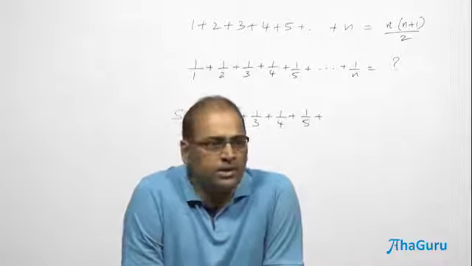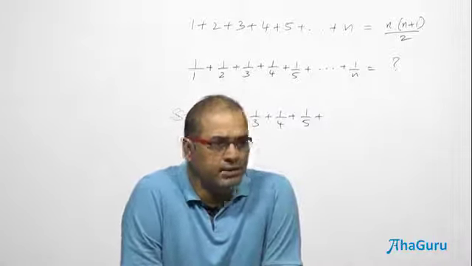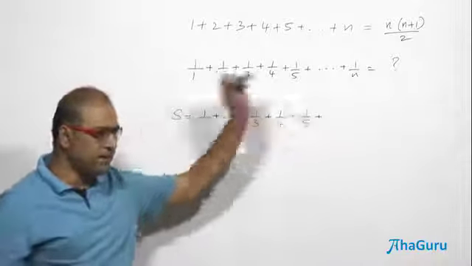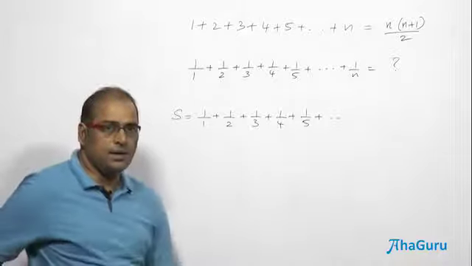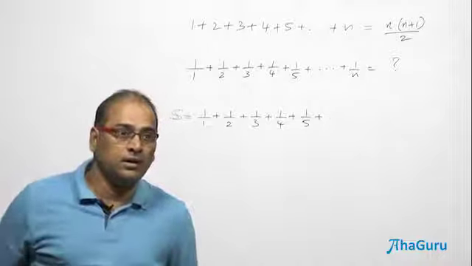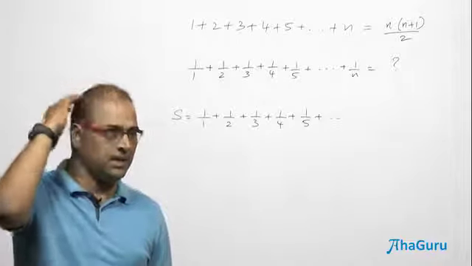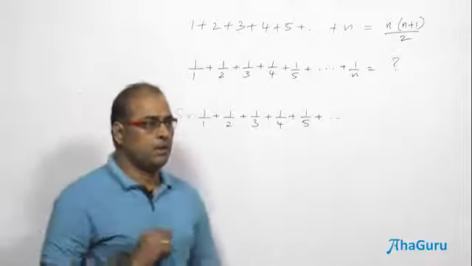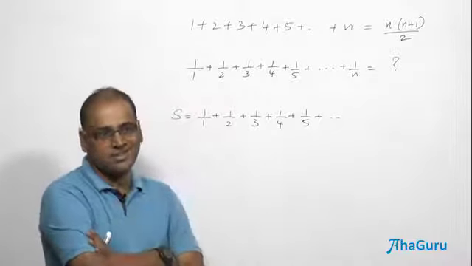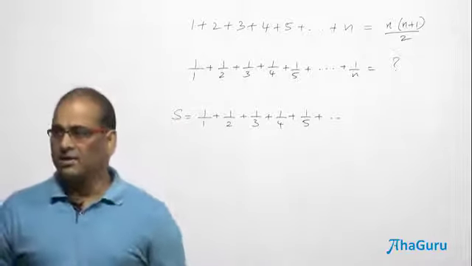The values are diminishing, right? 1 by 2, 1 by 3, 1 by 4, 1 by 5, 1 by 6. Since the numerator is 1 and the denominator is becoming larger, the nth term is diminishing. Please understand, the nth term is approaching 0. As n becomes larger and larger, the nth term almost vanishes. The point is whether the collection vanishes or not, I mean whether the collection is convergent or divergent.